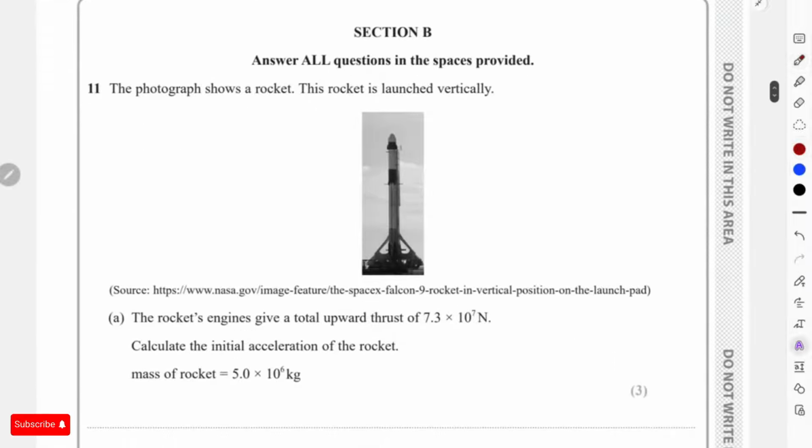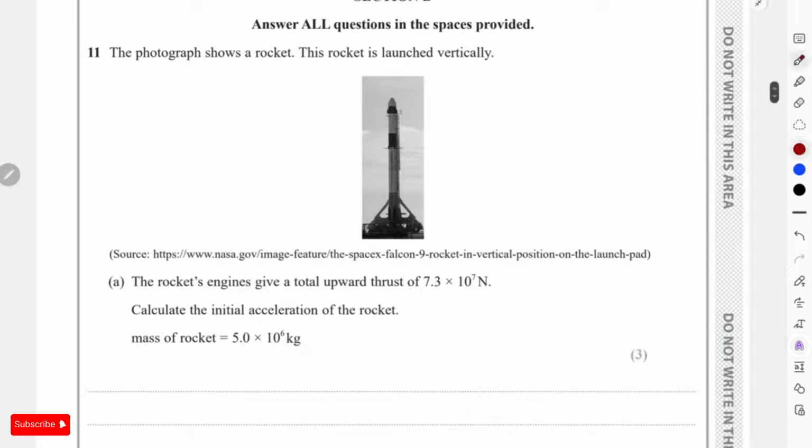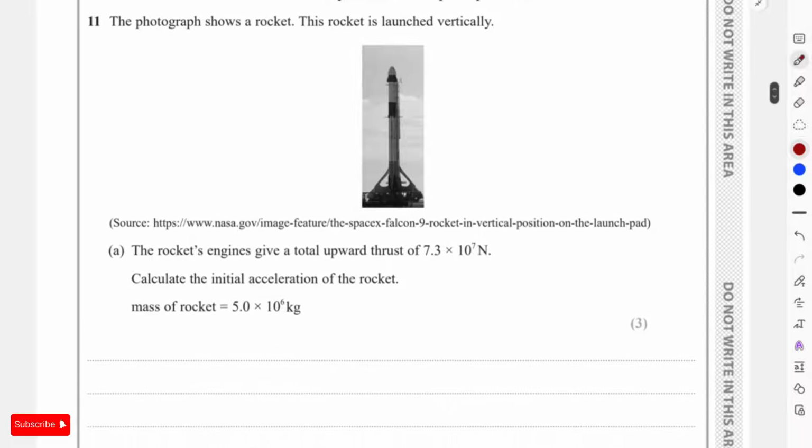Now for section B, it says that the photograph shows a rocket. The rocket is launched vertically and the rocket's engine gives a total upward thrust of this much, and calculate the initial acceleration of the rocket where the mass of the rocket is also given. Now over here, obviously gravity is also acting on the rocket, right? So the vertical forces that are acting are not only going to be the upward force of thrust, weight will